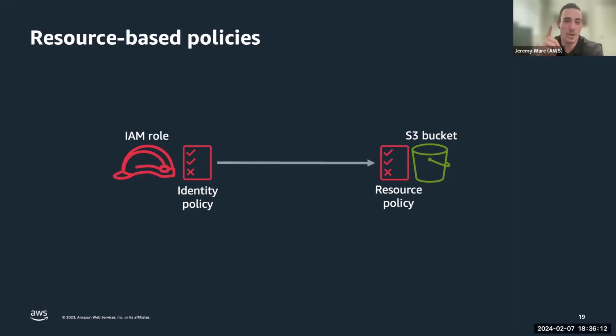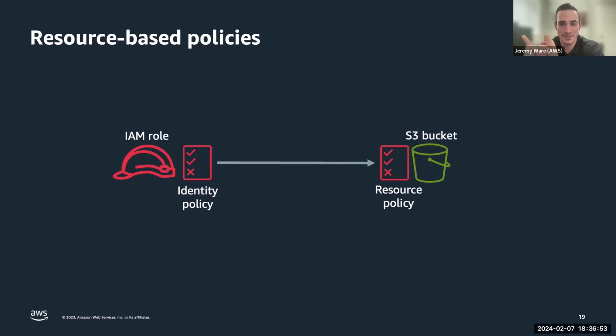Correct. I only need one. There is an inherent acceptance of trust within an account. We use an account as a hard guardrail. If you have conversations in your organization about data perimeters, for example, account isolation becomes a really strong data perimeter. But within that account is inherent trust. So what customers will often find is, for example, if I don't have a resource-based policy, but I have a grant in my identity-based policy, or vice versa, I will still get access to the resource if it's intra-account access. Now, does this change when we look at cross-account access?